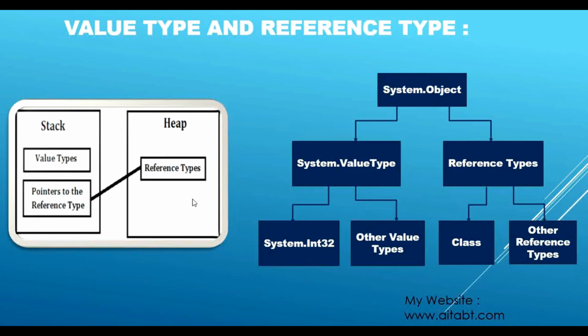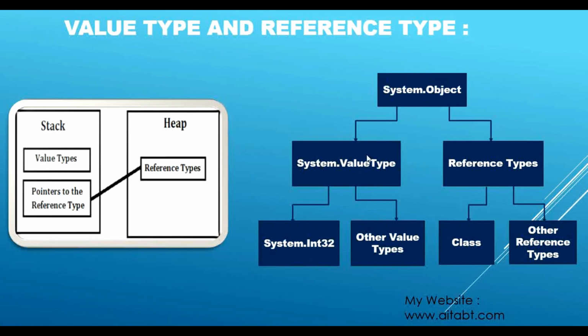Let me show you the hierarchy. In C#, all the types have one base class only, that is System.Object. This is the base class for all the types in C#.